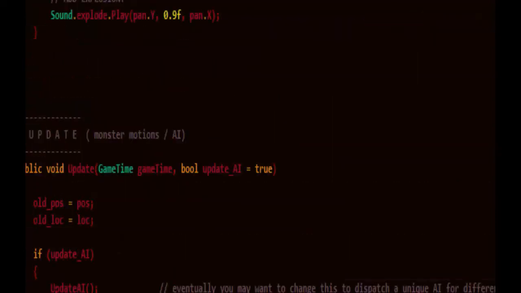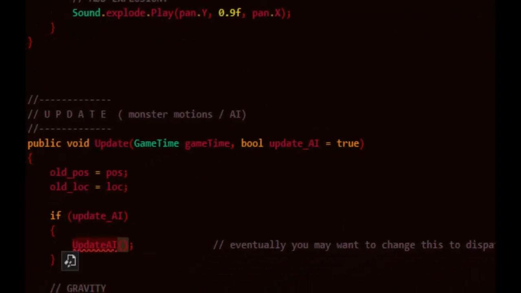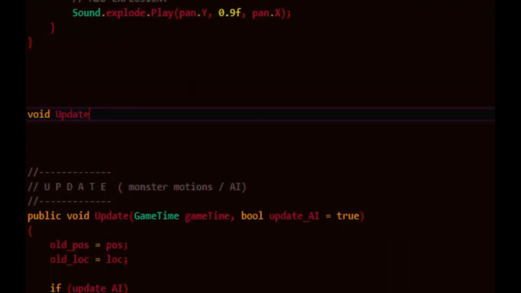So let's go up to above update so we can create this update AI thing. Say void update AI,